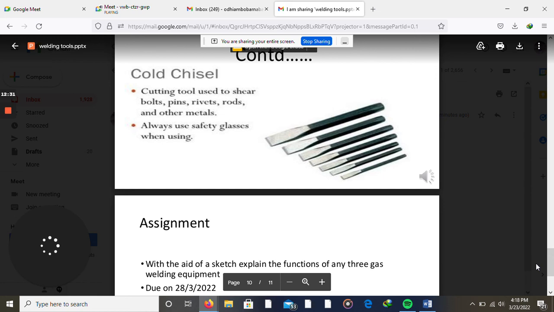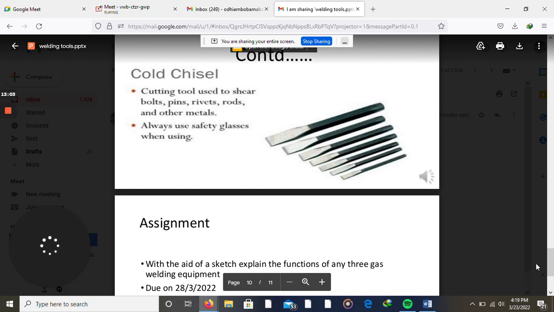What did we say was the function of the chipping hammer? Let me try. Yes, just try. The function is to make nails into maybe the board